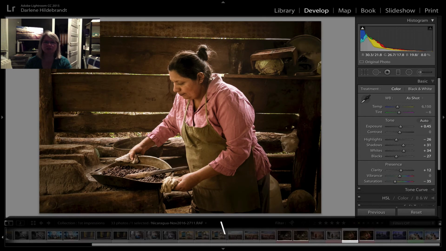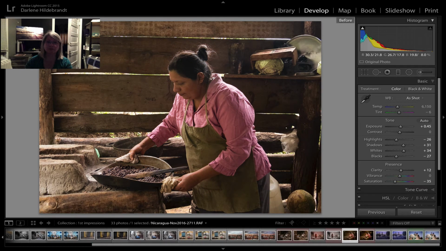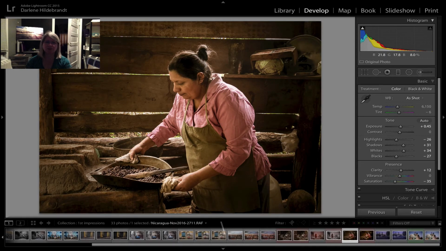Okay, so you can see sort of the before and after. So that's what the original image looks like. So I did quite a lot to it in Lightroom to bring the focus down to her, and I was really happy with it. But here's an interesting thing that's actually happened to me: my Fuji X-T1 allows me